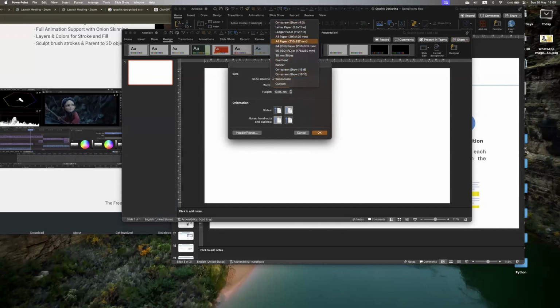You can choose any size of paper, or you can just add the size in centimeters here, and you will get that type of document size. For example, I use A4 paper, I use A3 paper, or even I use A0 paper. A0 means 3 feet by 4 feet